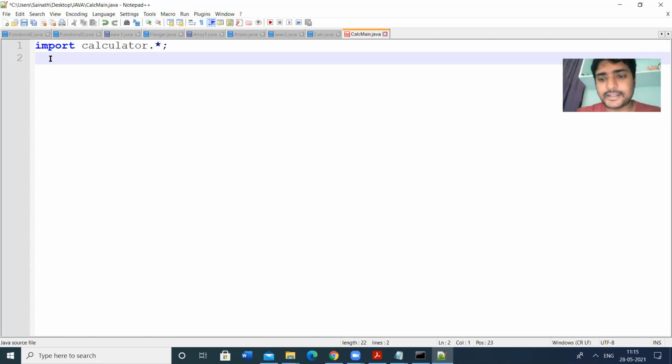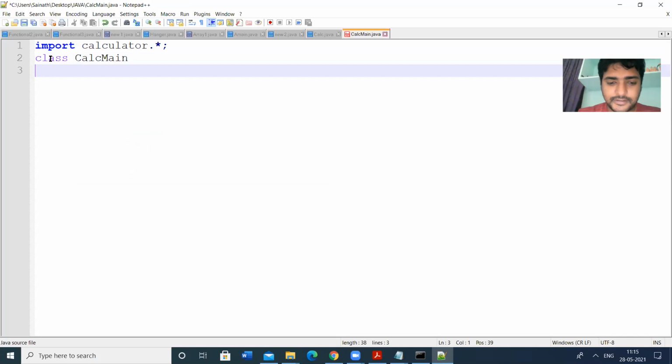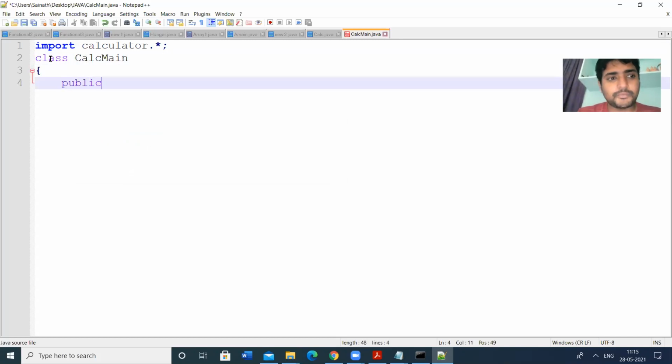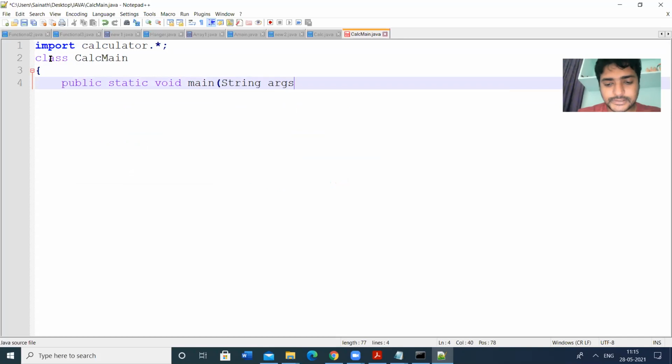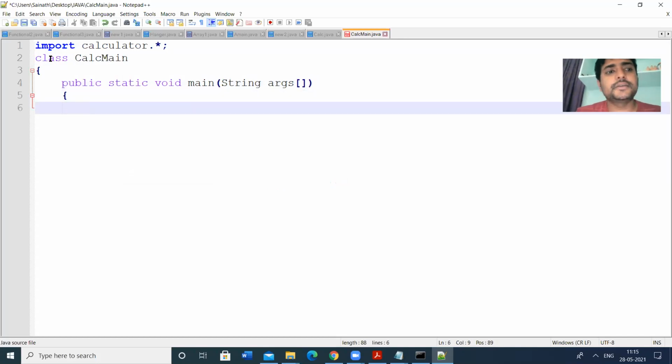So let us start. I am creating the class. The main class is calc main. So public static void main, string args, array of arguments. Then I have to create the object. The object name is obj1.